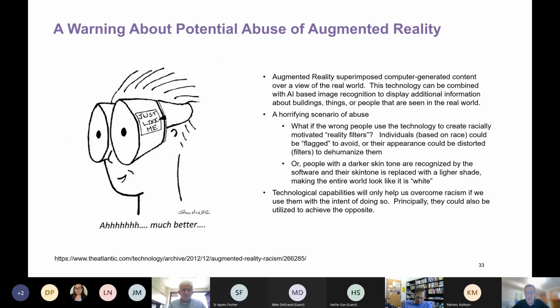Here's an article I found. This was actually written all the way back in 2012, and it shocked me because it was taking a different stance. It asked, what if somebody was abusing augmented reality? In virtual reality, you have goggles that are basically closed off. All you see is the computer screen or the image that is being projected. In augmented reality, you can still see the real world, but through your goggles or display, additional information